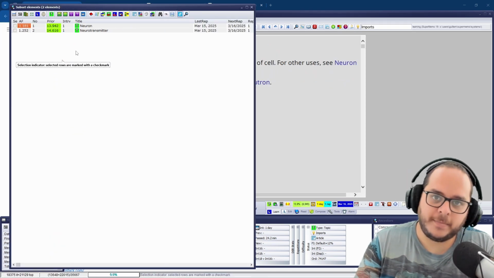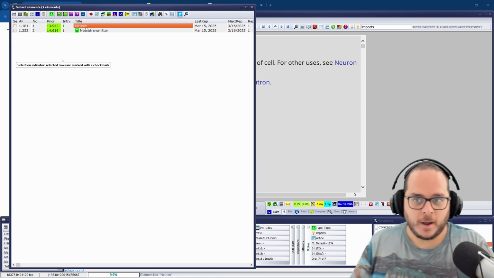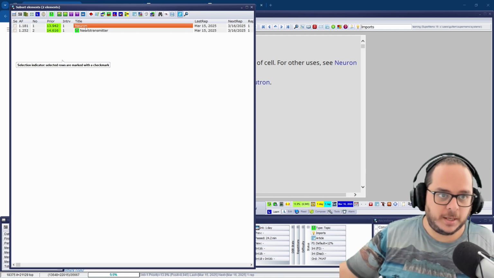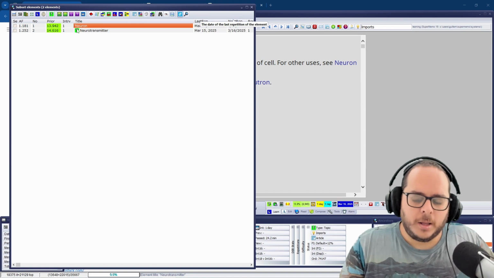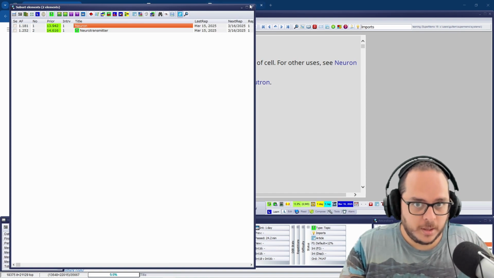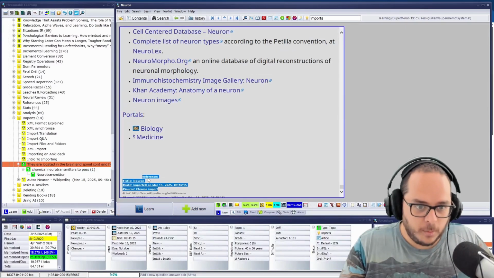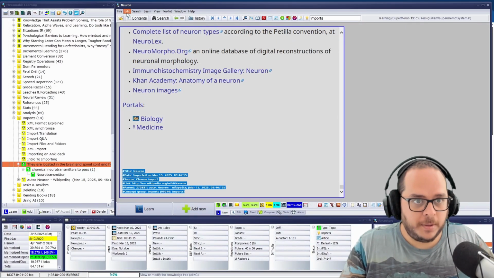Hey, now I have two. Why? Because neuron is also a full-fledged source from Wikipedia in this case. Long story short, they have different sources registry members. So what you see at the bottom, in my case it's gray, it will be pink for you if you use the defaults. It's the same thing as this,